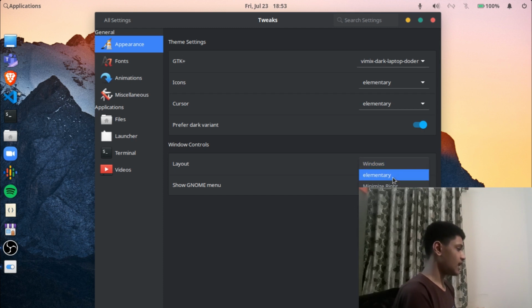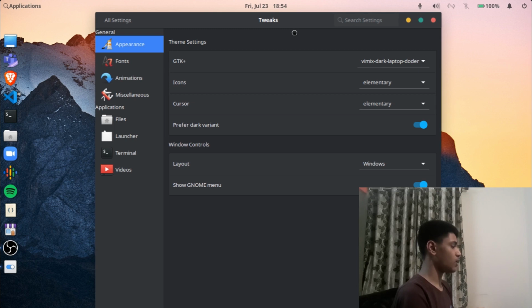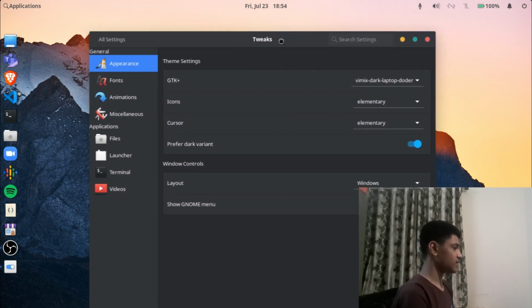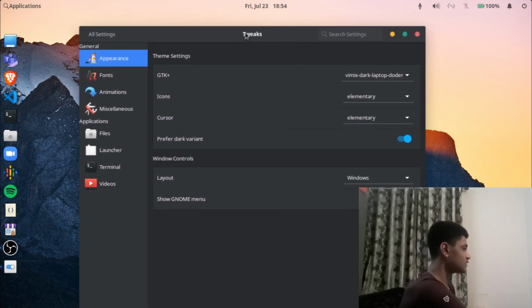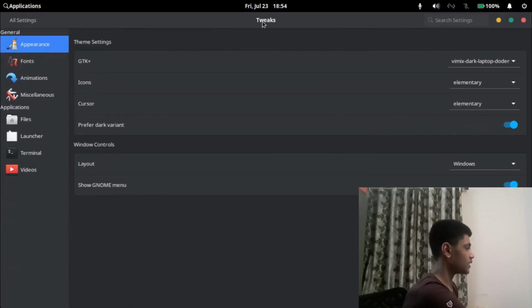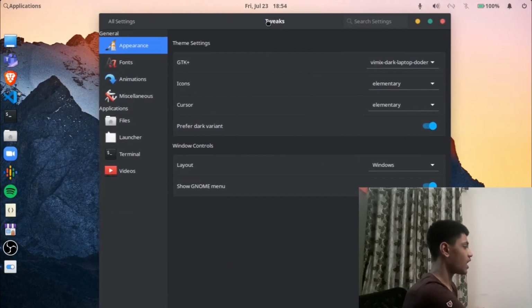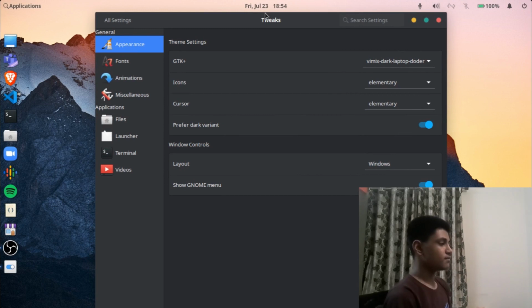For example, in Elementary OS the default window controls are such, but I personally do not like this. So with Elementary Tweaks you can customize it to whatever you like. I like this normal Windows layout, though usually I do get rid of this maximize button, as whenever I want to maximize I just drag something like that. Oops, it's not working. There we go. So I just drag it up like that. But there is no option to get rid of that, so it's fine. I just leave it there. It doesn't make much of a difference.